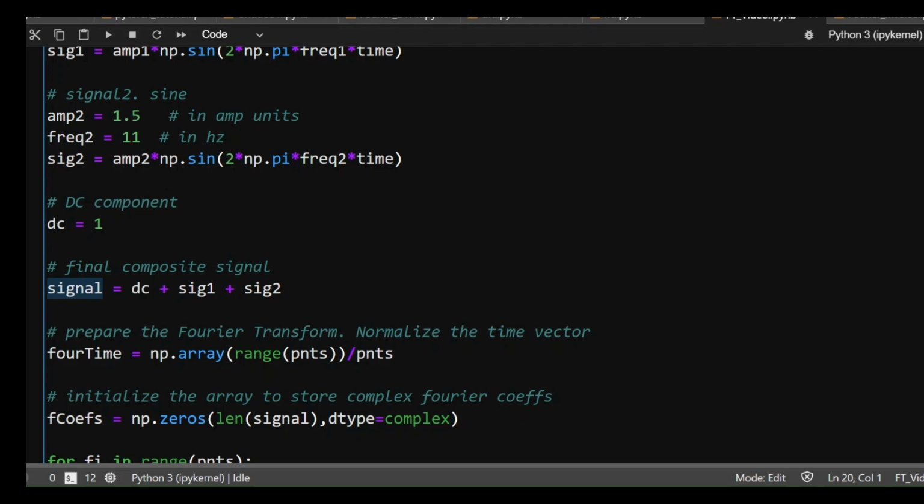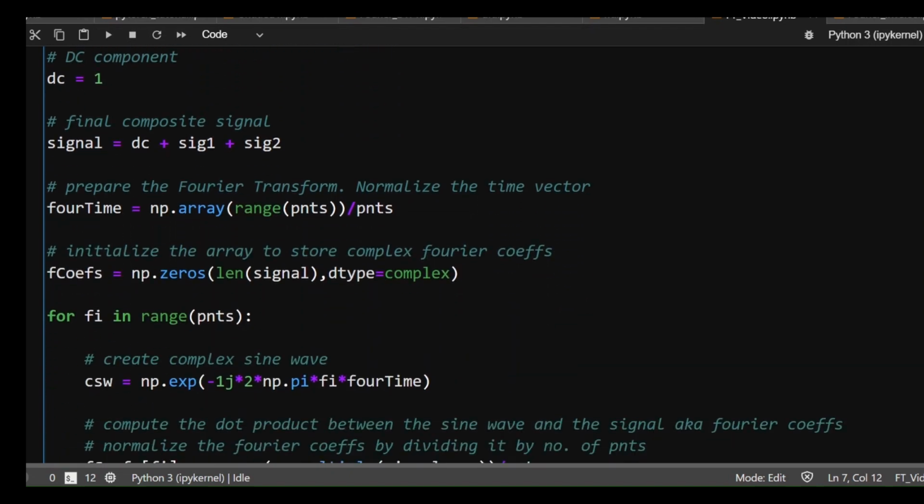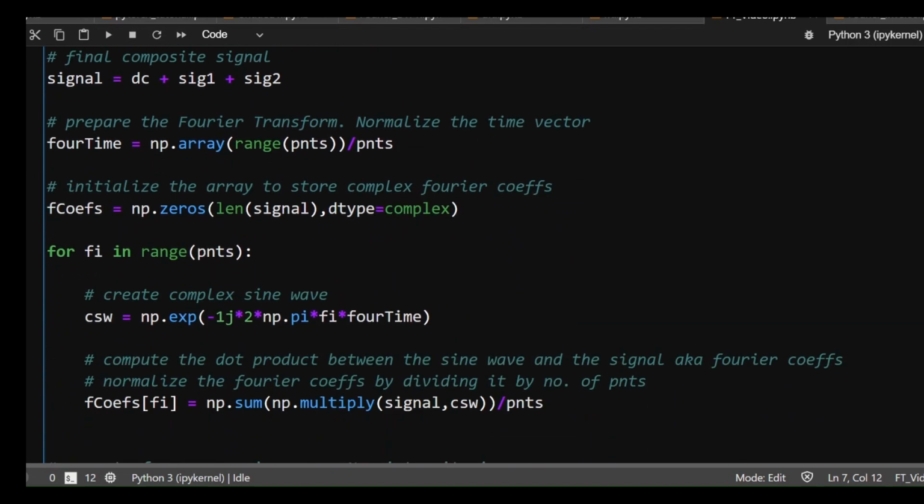I want to then use DTFT, or the dot products, with a harmonic oscillator which is generating multiple frequencies to figure out these hidden frequencies in this composite signal, whether the detector is able to detect DC, signal component 2 at 11 Hertz, and signal component 1 at 4 Hertz. And also the amplitudes must be correctly detected. How I'm going to do it is exactly the same thing which I've just shown you in the